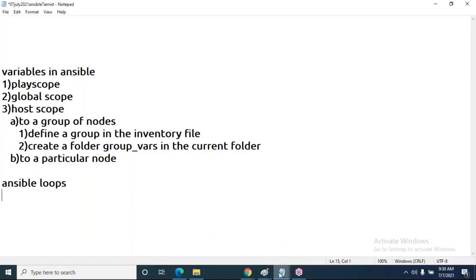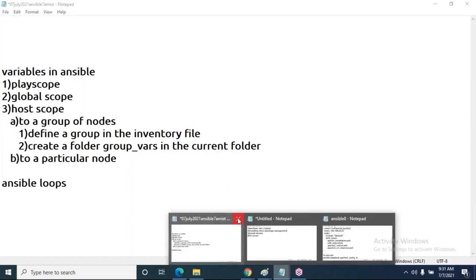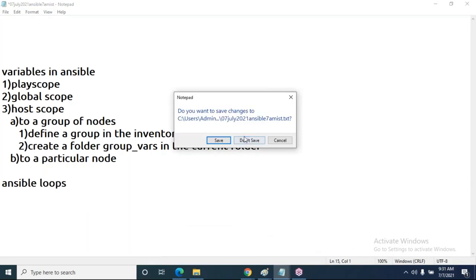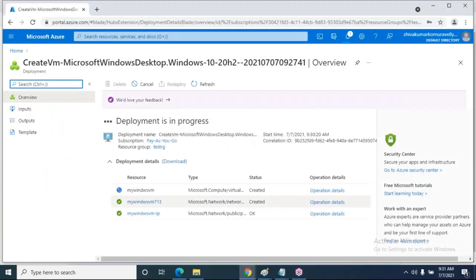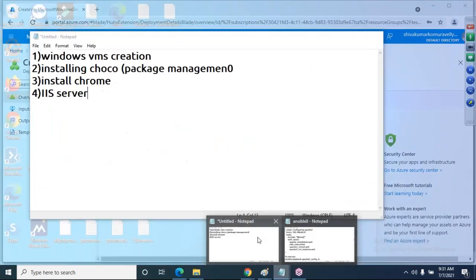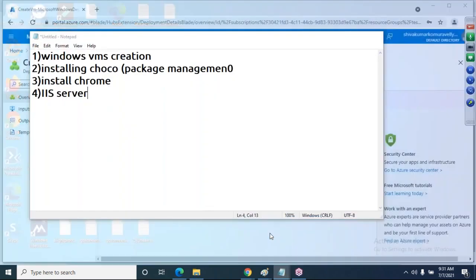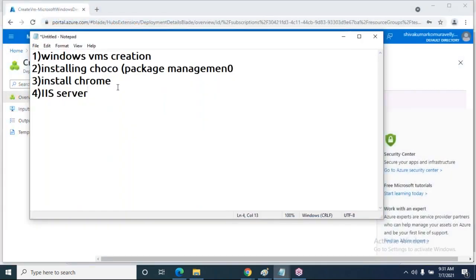So what is the specialty of Chaco software? What is the advantage? Actually, as a DevOps engineer, you are not supposed to use any graphical user movements. You have to write commands for each and every activity. In the earlier days, if you wanted to install software, first we downloaded it. Suppose I want to install VLC media player. What is our approach? First we search in Google for the appropriate version.